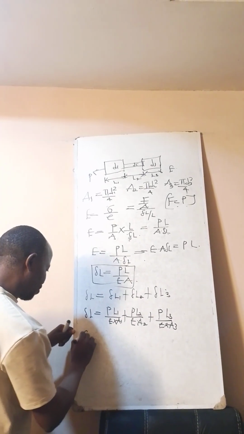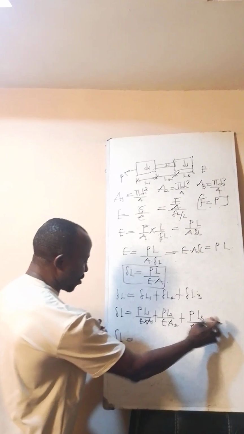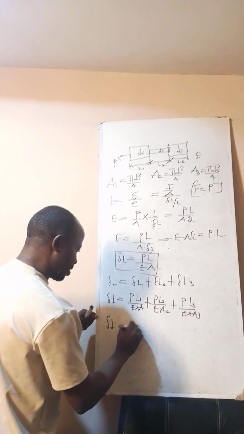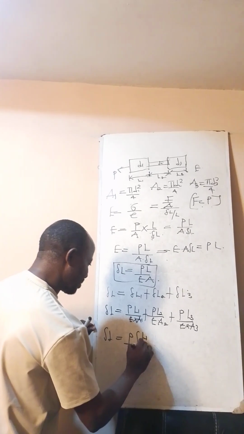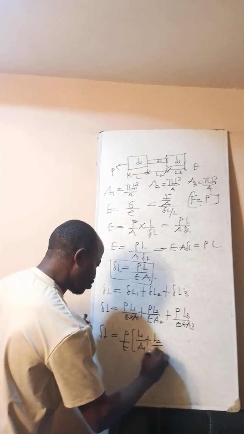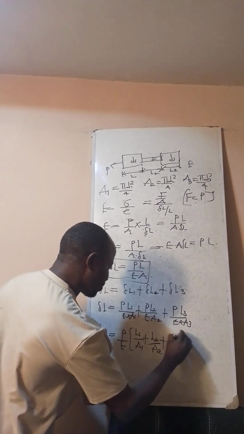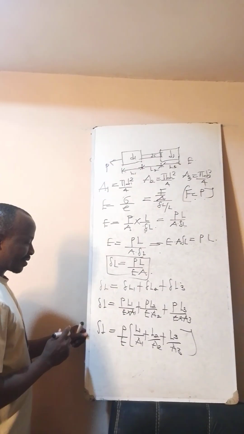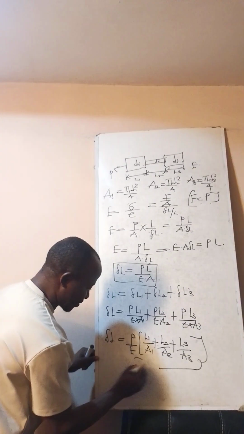So my total extension will now be, with the common factor P all over Young modulus, L1 all over A1 plus L2 all over A2 plus L3 all over A3. So this is the formula to compute the total extension